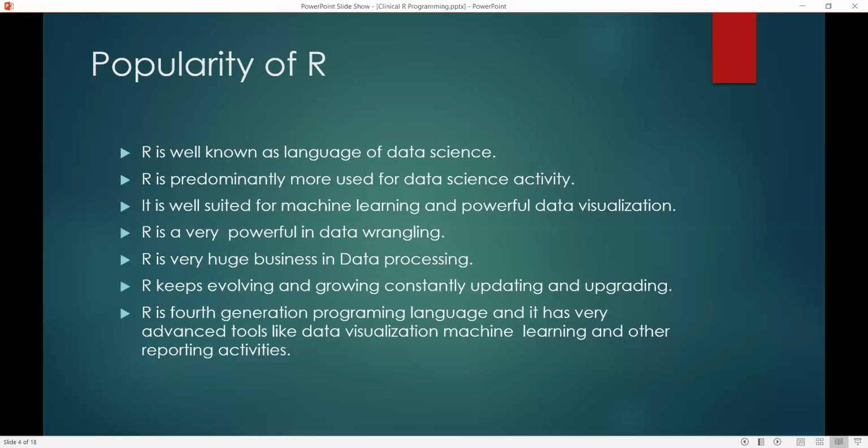And R is very powerful in data wrangling. Do you know about data wrangling? Anyone? No. Okay. So, basically, data wrangling is data processing, or converting unstructured or missing data into structured data. For that, we have some packages in R like dplyr, tidyverse, and the Shiny package. So, lots of packages are there, and R is a huge business in data processing,